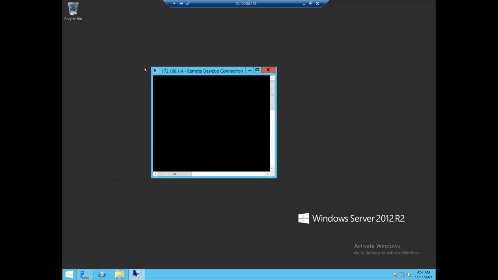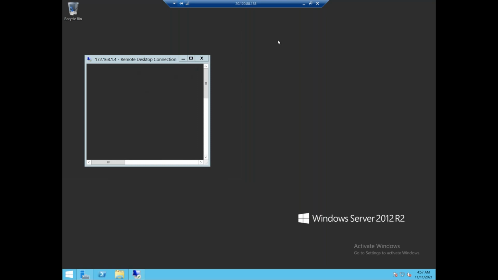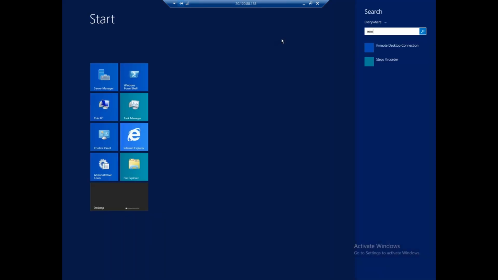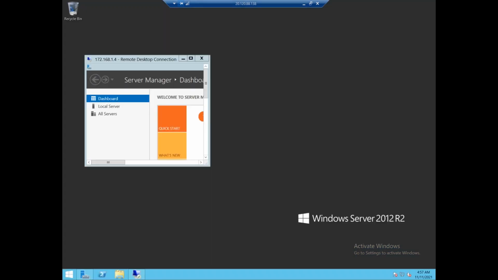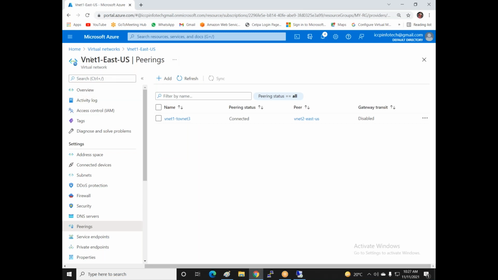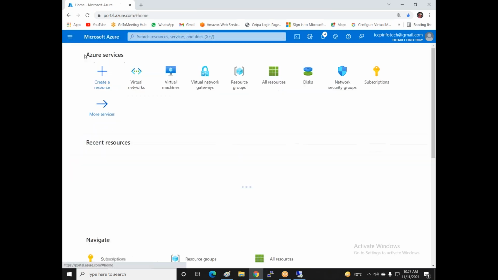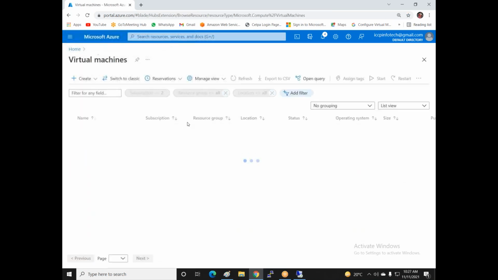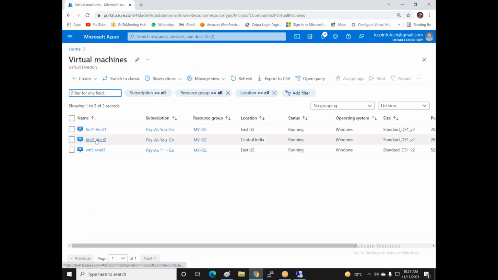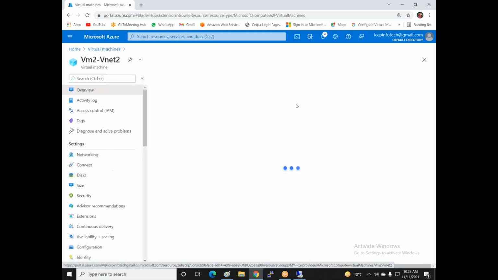Now, same as before, I'm creating one more VNet, VNet 2, in Central India. So now I go to the remote desktop and check the IP of virtual machine VM2 in VNet 2, which is in Central India.